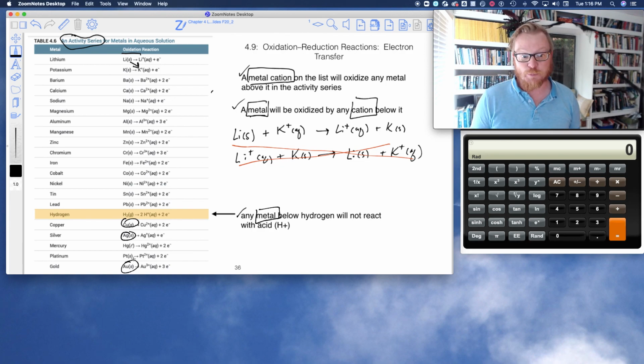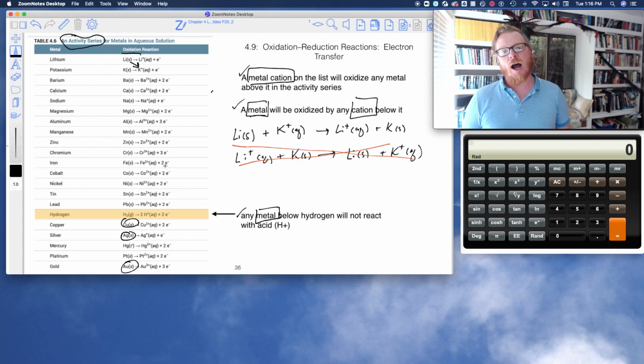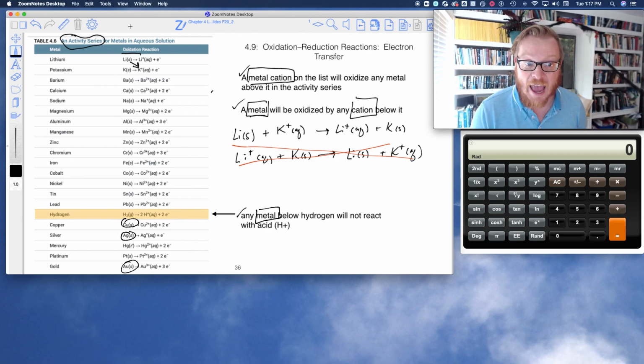Okay, same, you'll notice platinum is on the list too. Mercury is on the list. So this activity series is pretty cool. It's a pretty cool way of predicting what's going to react with what. So you do not have to memorize this list, but I do want you to recognize, if you were given the activity list, that I can go from metal to cation down the list, but I can't go from cation to metal. Okay, and so anything below the hydrogen on this list means it will not react with the H+. Okay, so I'm going to move